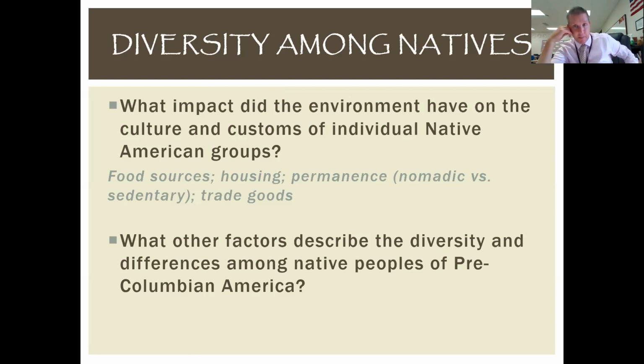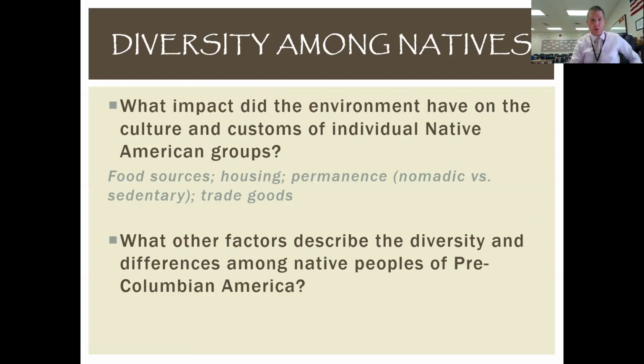That environment shapes that. Your environment also shapes whether you're going to be a nomadic group moving around, like the Plains Indians following the buffalo, or a sedentary, agricultural people that are going to stay put. That is determined by the environment, the climate, and also what trade goods you have available. It's going to say, well, what can we draw from here that other tribes or other people might be interested in? And so that's going to affect your trade relationships by the environment that surrounds you.